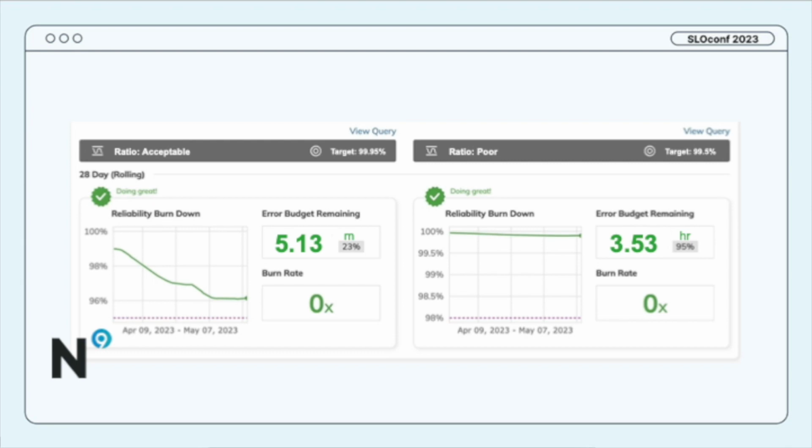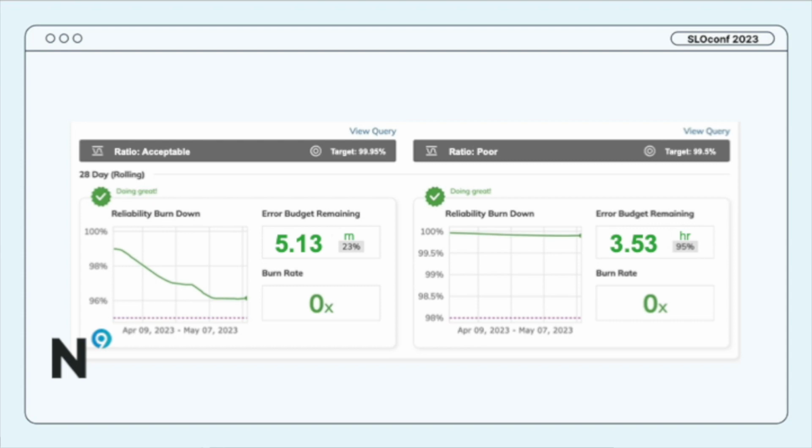But my burn rate is currently at 0 times, which means I'm not currently receiving any errors that count against my allotted error budget or downtime. So I'm starting to recover. So as my time window continues to move forward, I will slowly start to recover some of the time that I lost when I was actively eating my error budget at the beginning of that time window.